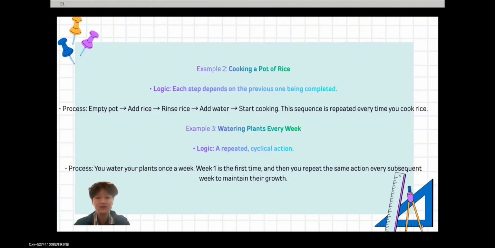Then we will go into example 3, watering plants weekly. Week 1 is our base case. The first watering. We repeat this action every week after that in a cycle. And now